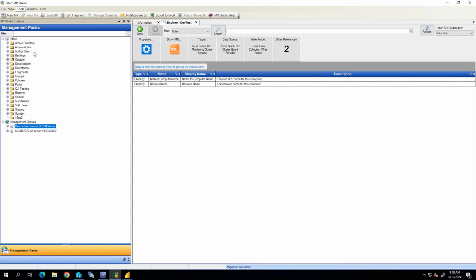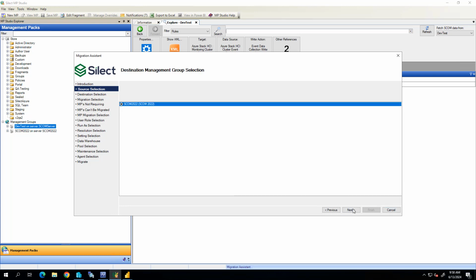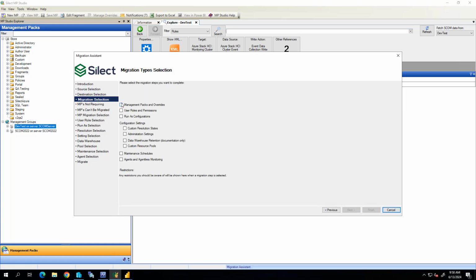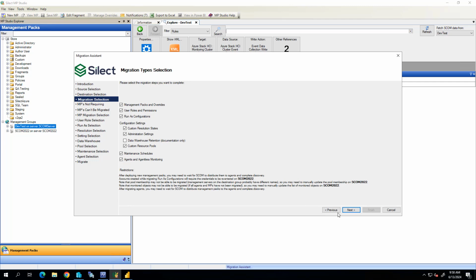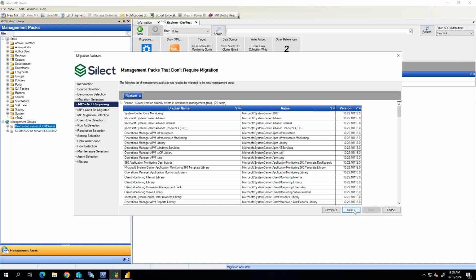The SCOM Migration Assistant allows you to easily complete a side-by-side migration. So whether you're upgrading SCOM from one version to another, if you're moving the environment perhaps as a result of a merger, or perhaps you're adopting SCOM MI, the Migration Assistant is a great way to help move your settings from one SCOM environment to another. So here are the various options that we make available to you as part of the migration, and then we'll step you through the various